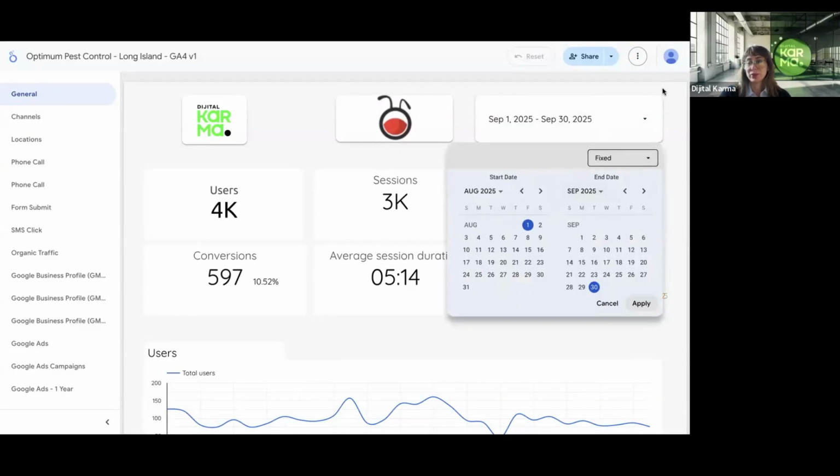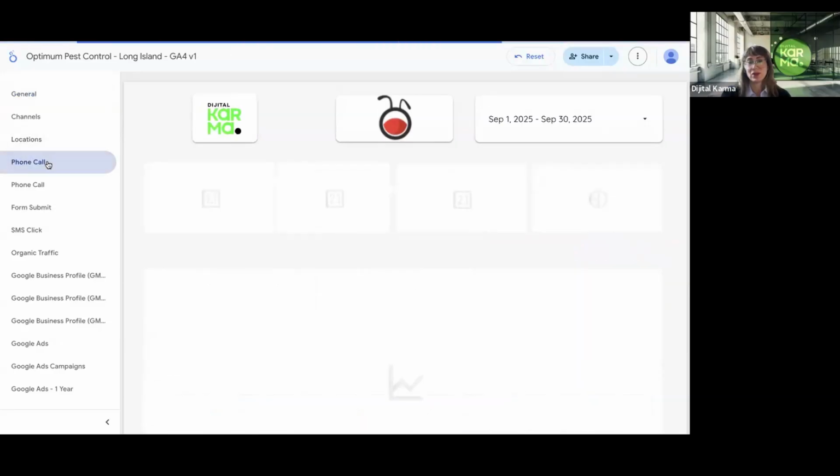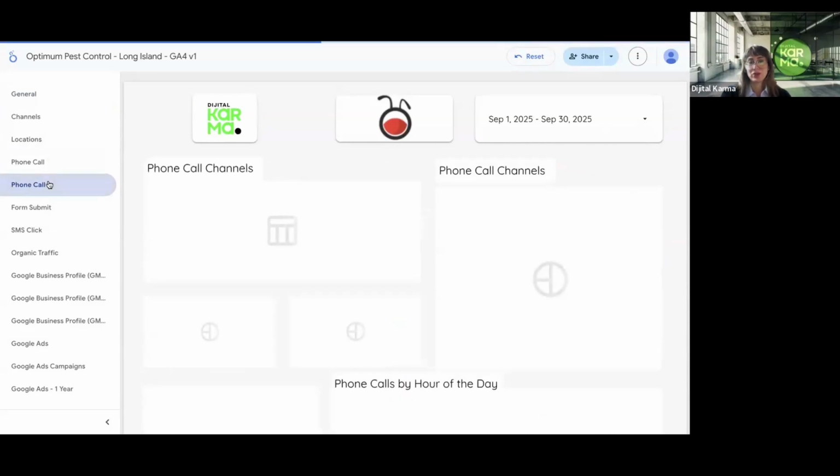It's also a dynamic report, so you can see past actions. And when we end October, it will dynamically update itself. So we can see calls, and also channels.